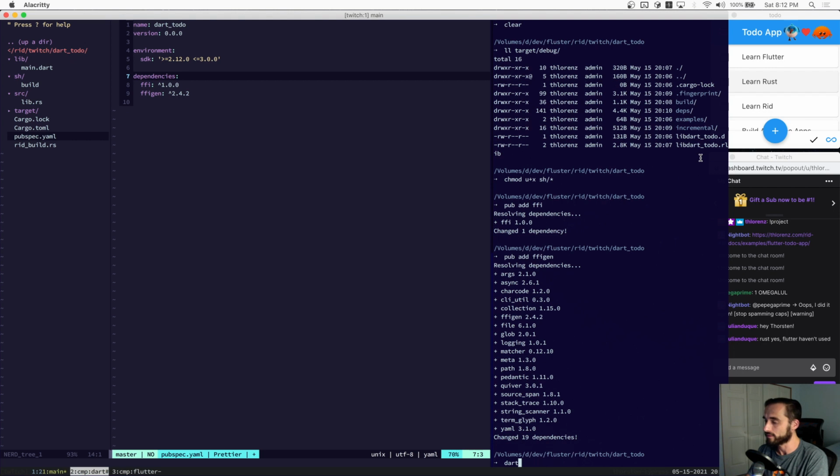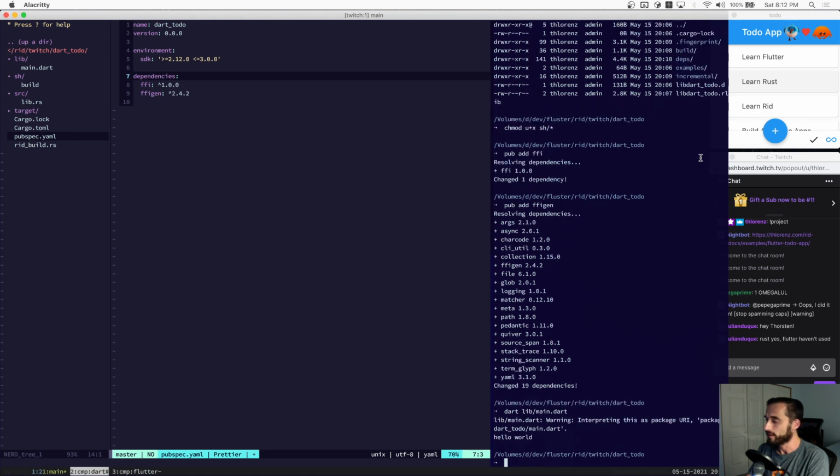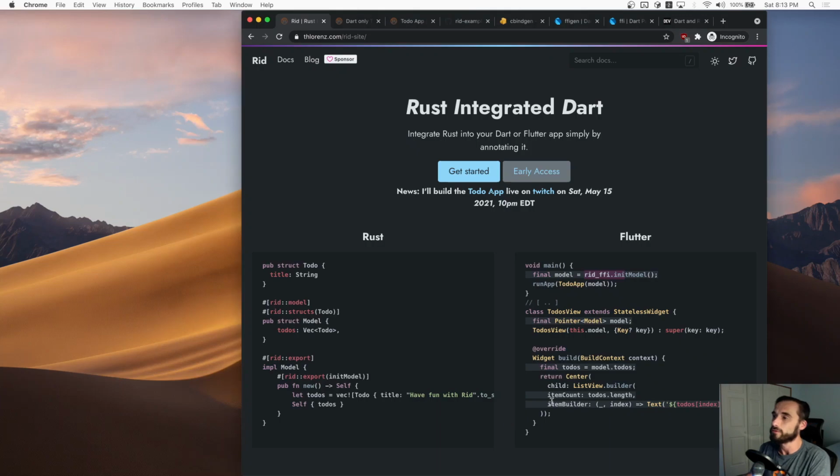Now, one thing I want you to know is if I run dart lib/main.dart now, it will complain that it expected a package, but you're running it directly, and we'll fix it in a second. But that's something you would probably see. So now we're going to have to set up Ffi Gen. What Ffi Gen is, is a tool,